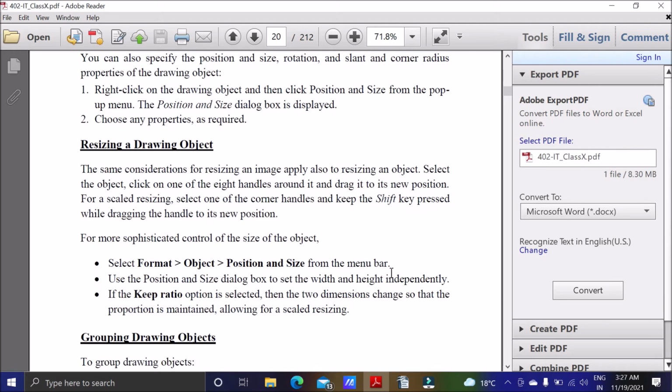Now some more properties are available. You can also specify the position and size of the object in the page. You can change the rotation, and you can change the slant and corner radius. Three things you can change. So how can we do this? We right click on the drawing object and then select position and size.